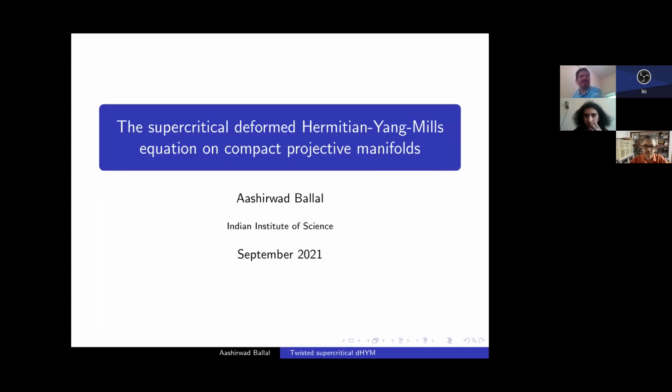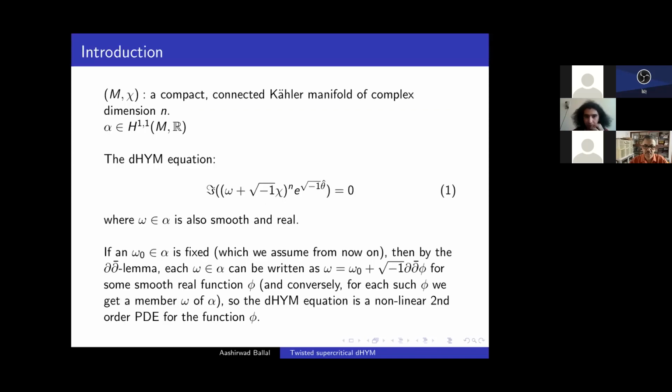So we'll be talking about the deformed Hermitian Yang Mills equation on compact projective manifolds. Here the setting is that I'll first talk about it on general Kähler manifolds. Most of the theory is the same as for a projective manifold, but our results are mainly on the projective manifold. So the setting is that we have a compact